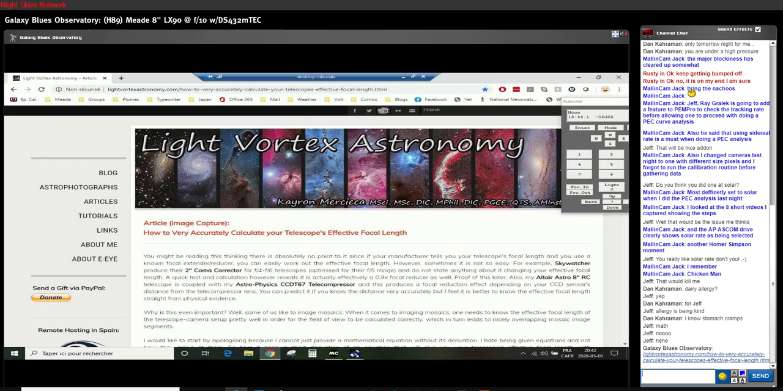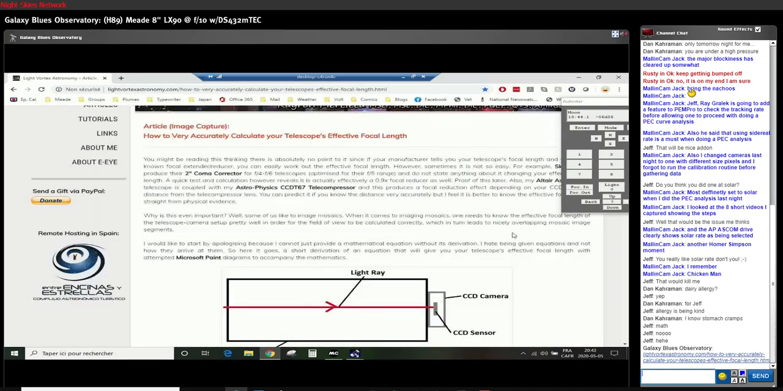Now it says you might be reading this thinking that there is absolutely no point since your manufacturer tells you. However, because I'm going to do some astrometry, that is the measurement of positions of asteroids in the sky, so I can help refine the orbits at the Minor Planet Center, they require that I know my focal length to, well, they say within 10%, but I can do pretty much better than that. So if you go through that page that I just linked to,